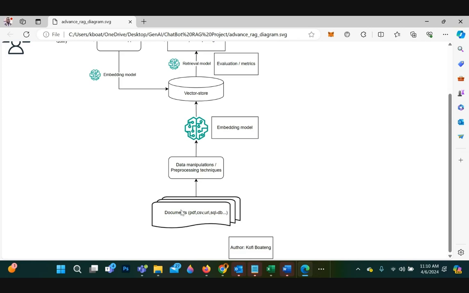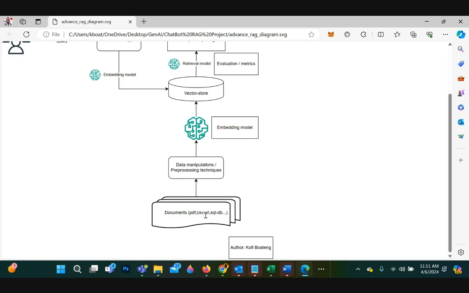There may be URLs for web scraping. There may be SQL databases all scattered around in your organization. So how do you pull all this information into your RAG? Okay, this is the RAG architecture. So a lot of work goes into implementing the RAG.